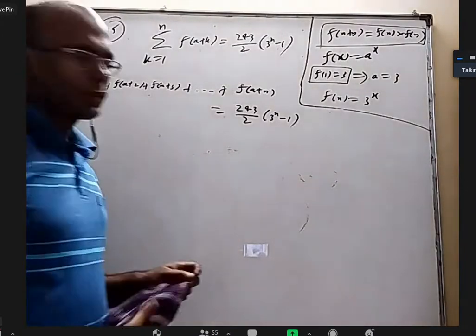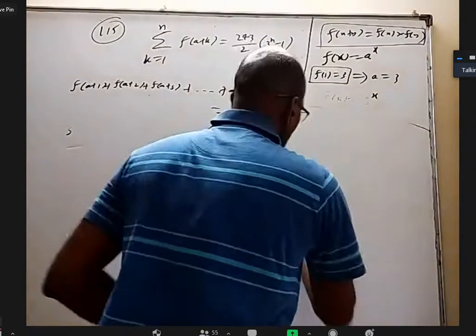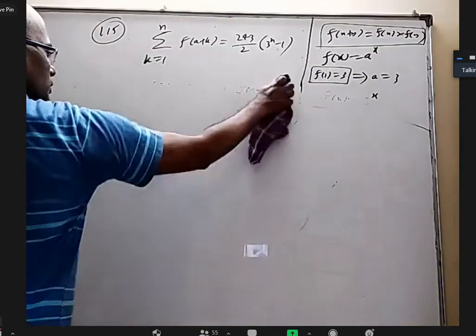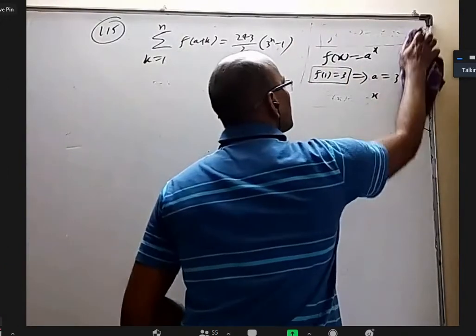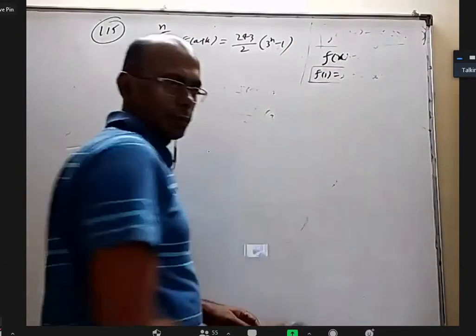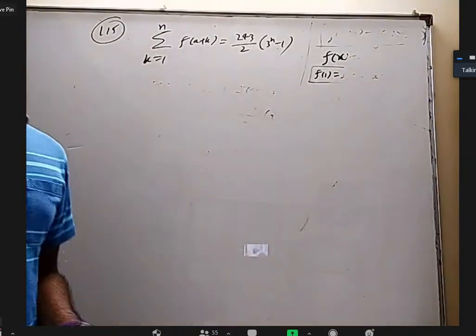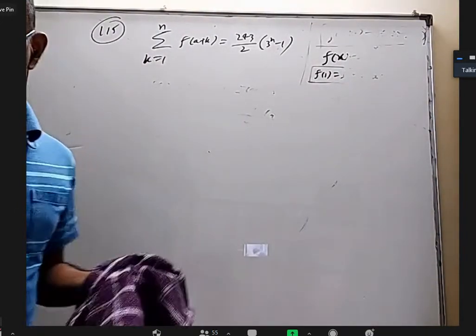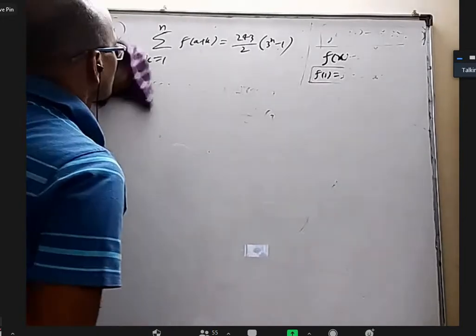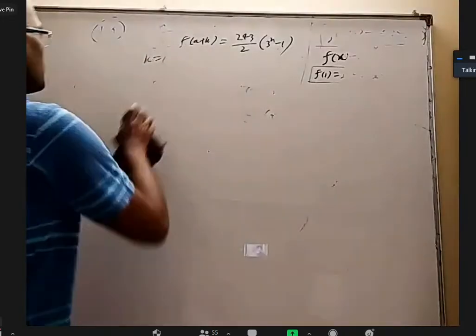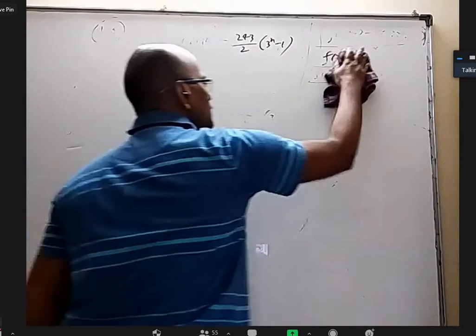Are you remembering some formula that you studied when you look at that function? (a plus b) whole square minus (a minus b) whole square. Okay, but here it is plus. (a plus b) whole square minus (a minus b) whole square is 4ab. So I can adjust it somehow, but here in the middle, let's see.